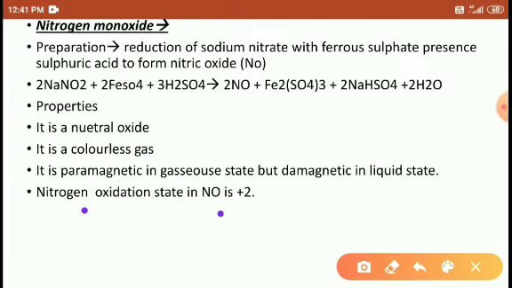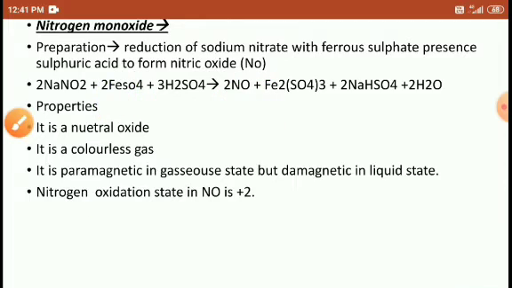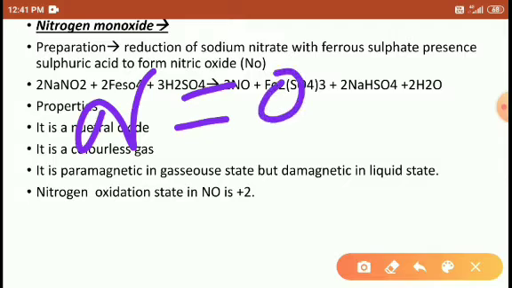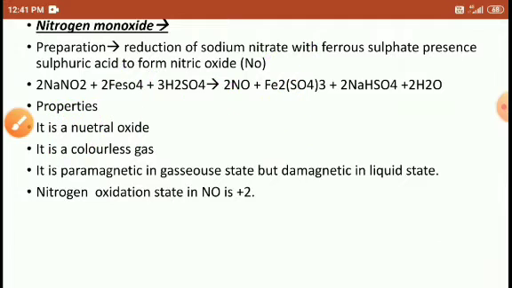The nitrogen oxidation state is +2, because oxygen is more electronegative than nitrogen. So the pair of electrons moves towards this species, right, students? Or sometimes it will attain a structure like this. Nitrogen is stable here, and again oxygen is stable here, and oxygen is unstable. Yes, students.